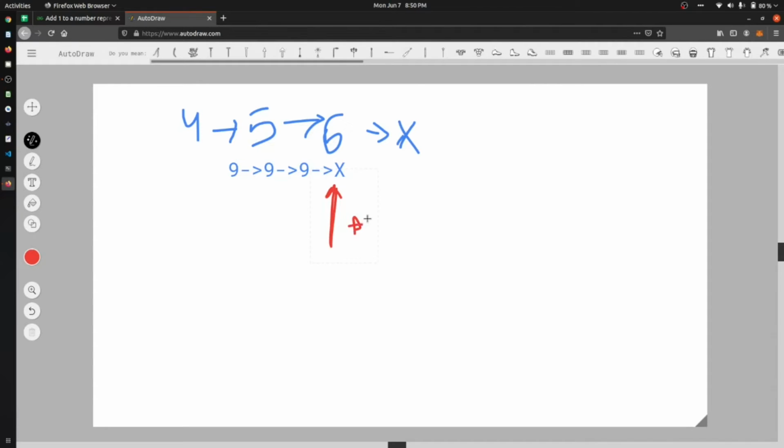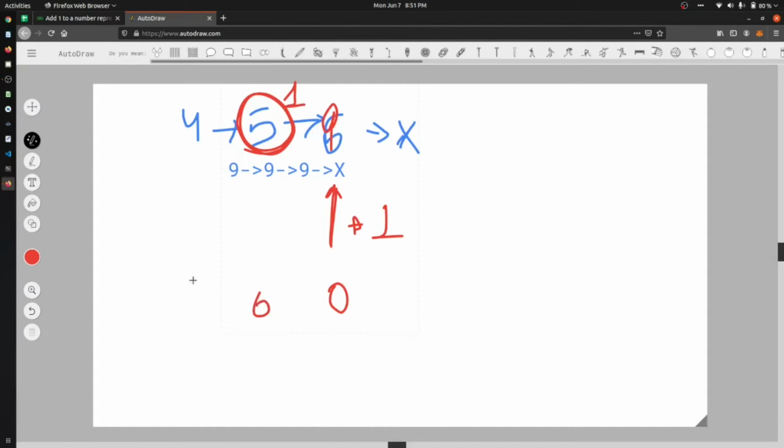If the result is less than 10, we can just keep it as it is, and if it is 10 or greater, then we have to increase the previous number by 1. If it was 9 plus 1 it is 10, so the output should be 0, and the carry over 1 plus 5 should be 6, and this is 4, 6, 0. It should be represented like this.